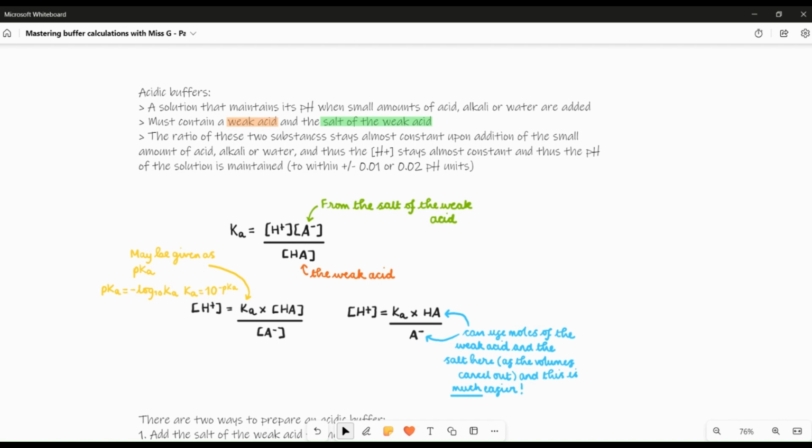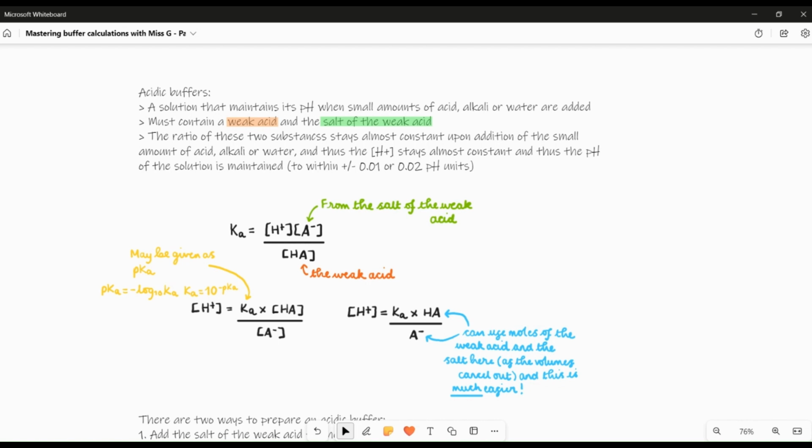to a buffer solution. And when we know what a buffer solution does, which is it's a solution that maintains its pH when small amounts of acid, alkali or water are added, what we will find in next week's video is we will be doing the skills from today's video in part A to prepare a buffer and work out what its pH is. And then next week we'll have a look at how do we then show that when we add a small amount of an acid, an alkali or water to that buffer, that its pH will stay